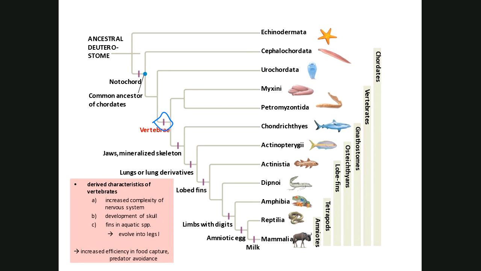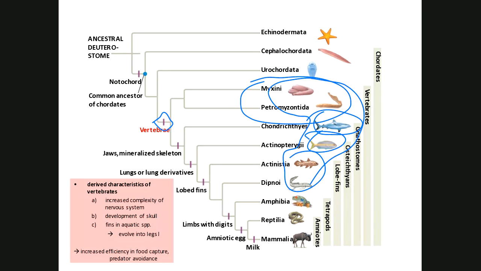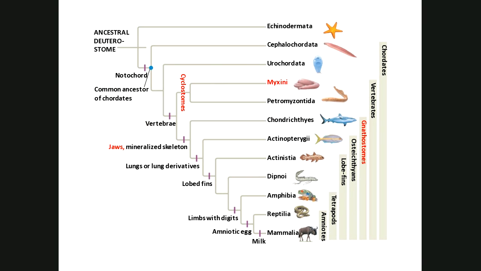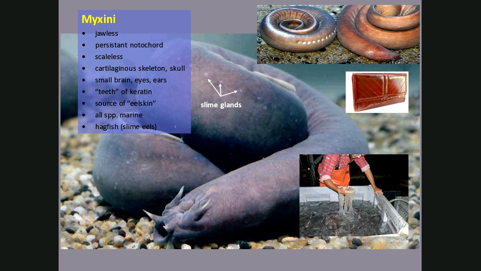Okay, so now we're in the vertebrate groups. Let's take a look at these groups up here. These are fishes, all right? By definition, we call them fishes. Of course, sharks are also fish. These are typical fish, ray fin fish, and then the lobe fin and lungfish. So there's lots of different kinds of fish. Let's talk about the Myxinae first. This is a Myxinae. They're not the most attractive organism in the world.